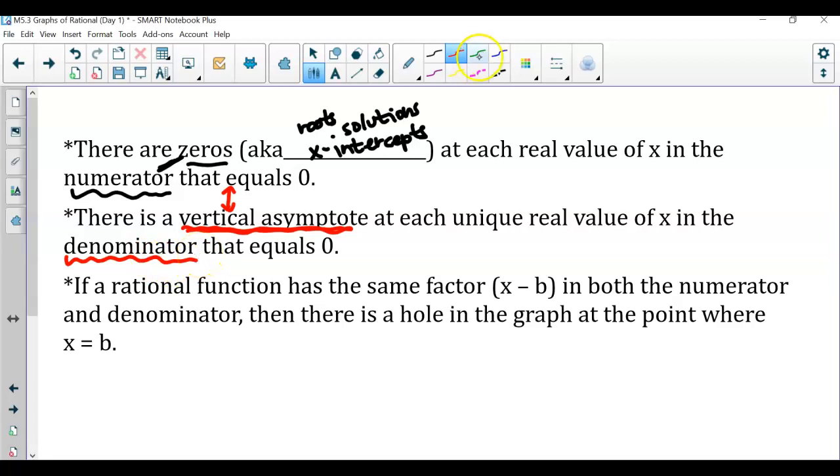Then here, whenever we have a rational expression where we could cross out a value, like x minus b or x plus b, in both the numerator and denominator, we're going to refer to that value as our hole. Now, this will also give us the x value of the hole. So for example, let's say x squared minus 9